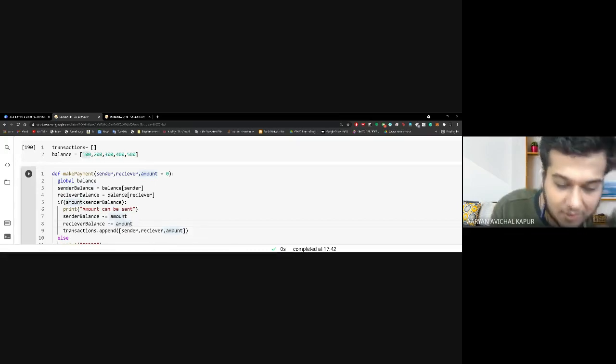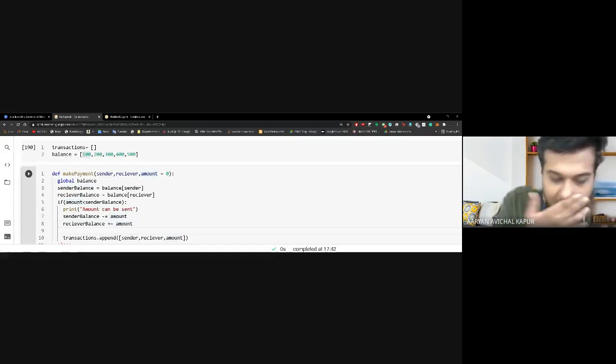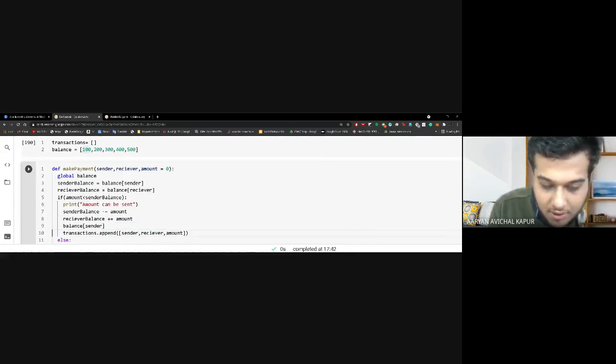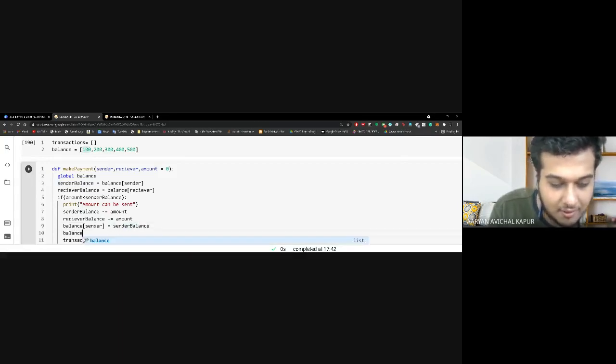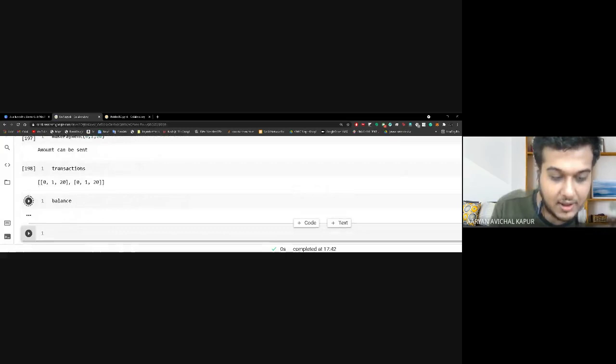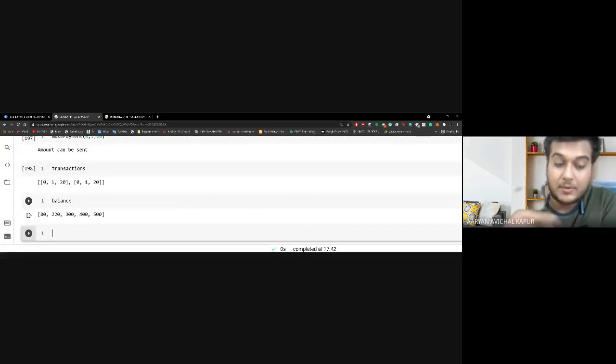So once the variables are done, we simply go here and say balance of sender is equal to sender balance, and balance of receiver is equal to receiver balance. This would actually send the value, and we'll be able to see that the transaction has been made. You can see 80 rupees: we reduced 20 rupees and we added 20 rupees there.